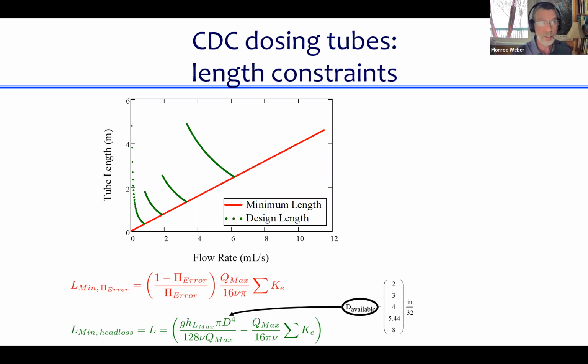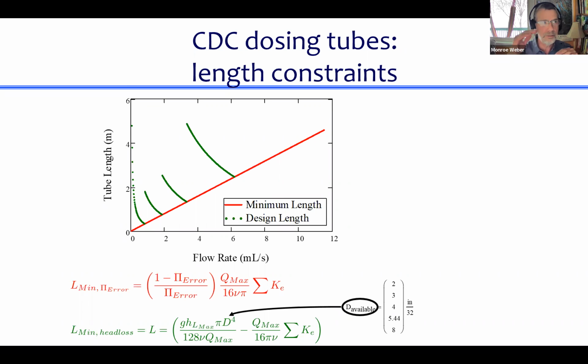It has to be small compared with surface tension effects. There's going to be a surface tension effect on the dosing side where the chemical exits from the dosing tube and drips down and does a free fall. There's a surface tension effect there. So the height that we have for the head loss has to be much larger than the surface tension effect. So all of that says that